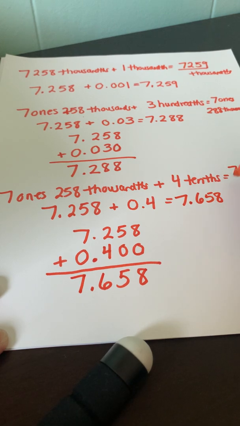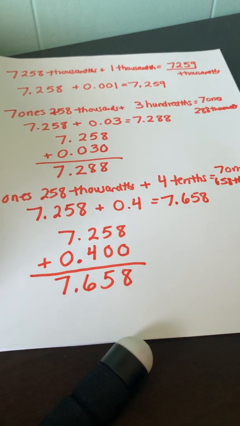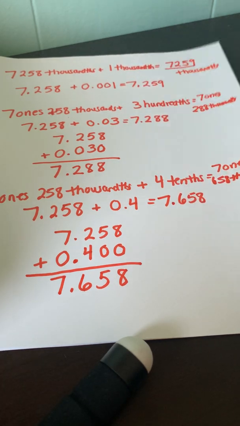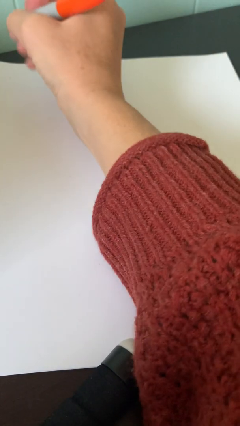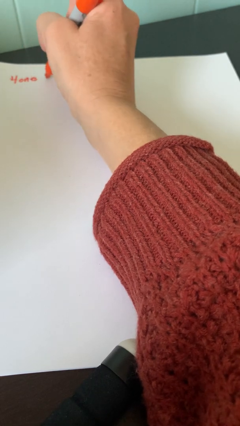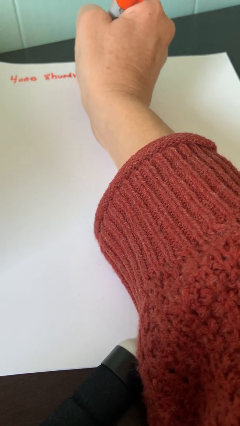7 ones, 658 thousandths. And that's a quick review on how to add decimals using the standard algorithm. Now, another thing we can do is subtract. We learned last week. So, on your whiteboard or your paper, write down 4 ones, 8 hundredths